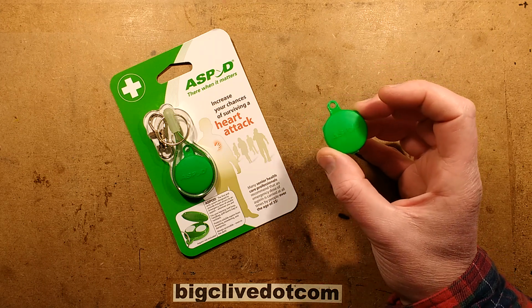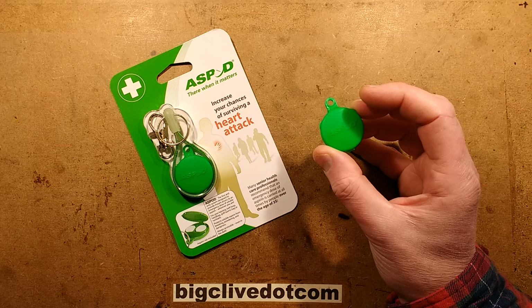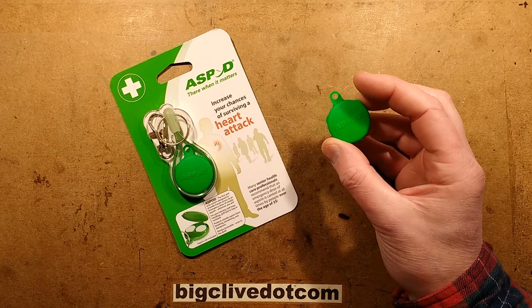This cute little green keyfob is called an Aspod, and it's got a very memorable name, ASPOD, Aspod, and this